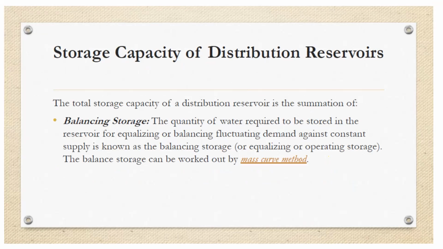But sometimes fluctuating demand is possible, and the reason behind may be sudden events coming, or season to season also demand is changing. To meet that particular demand, whatever storage we need to go for in a reservoir, that is known as the balancing storage. So it is a judgment. We are taking a judgment on what capacity of distribution reservoir needs to be constructed.